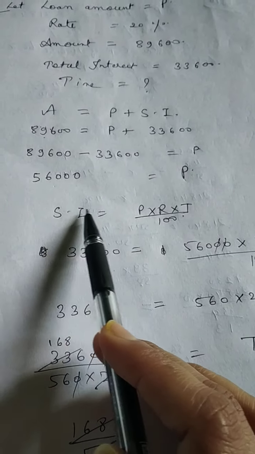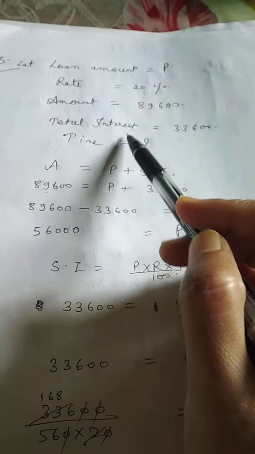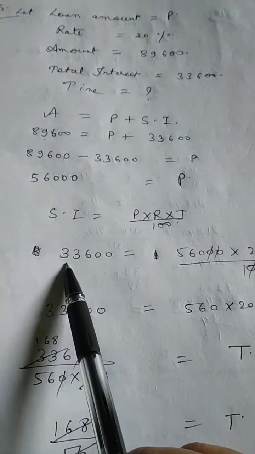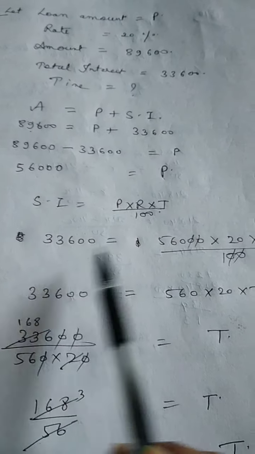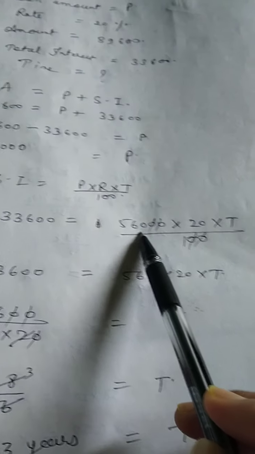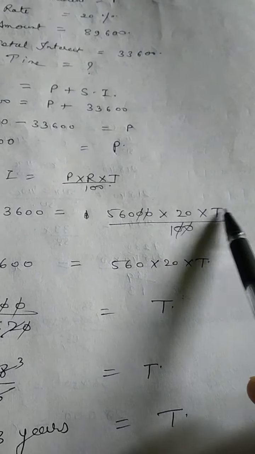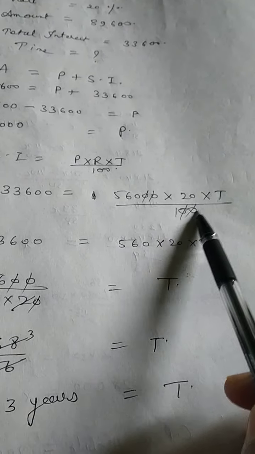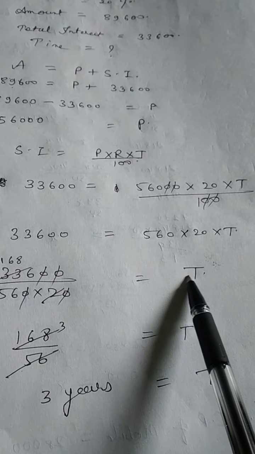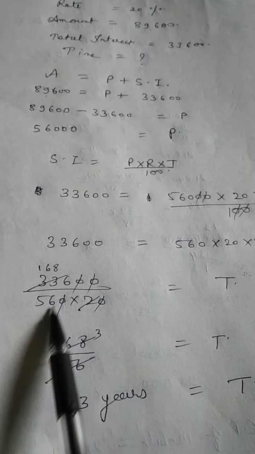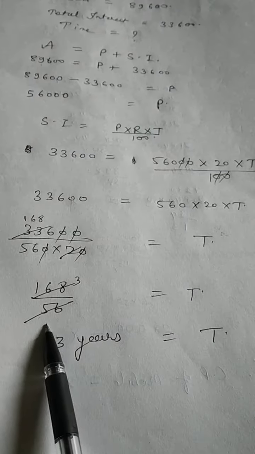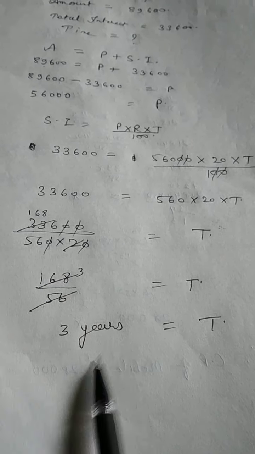Next step, we have to find out the time, because in the question time is asked. Simple interest is equal to PRT by 100. Simple interest is given in the question, that is this. P, which we have just now taken out, put the value of P here. Rate is 20%. Time you leave as T only, because we don't know time. By 100, just cancel out 0 0, we will get 20 into 560 T. So T will be here. Both will come in divide this side. 33600 by 560 into 20. If you cancel it out, we will get time 3 years. Okay.